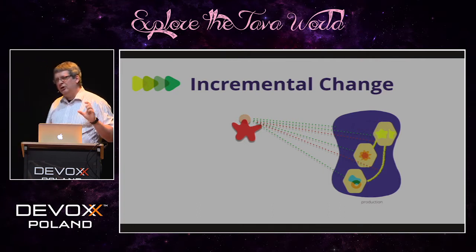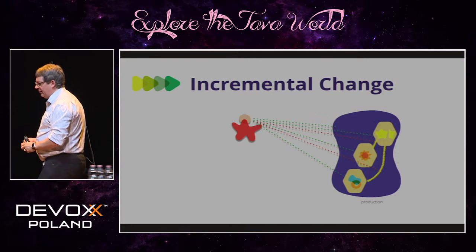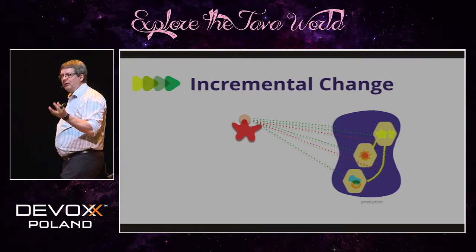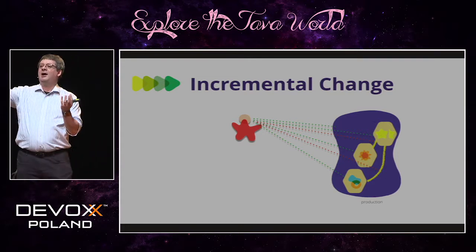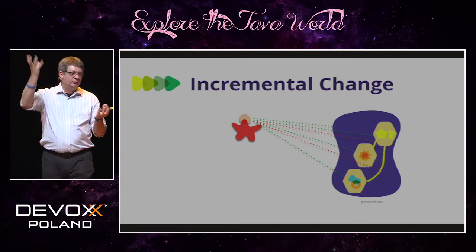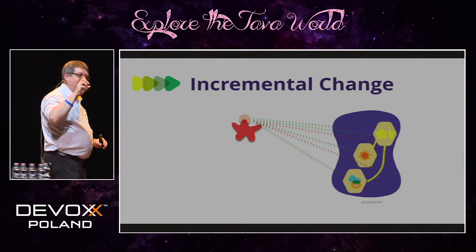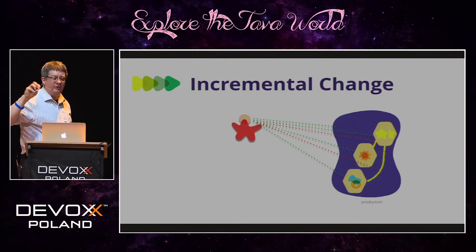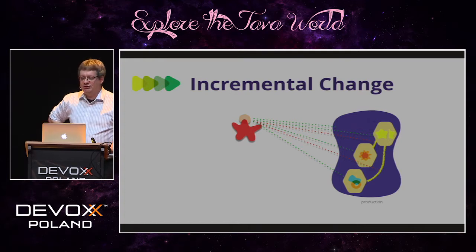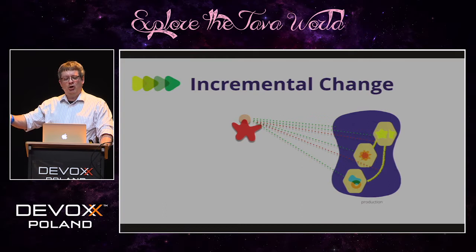So this is incremental change at the architectural level. Notice what I did here was I improved some functionality and put it live alongside the old functionality. I didn't force anyone to move to the new one. I just made it available, and people in their own time evolved to the new one because they wanted that new capability and those new characteristics. And then when the old one wasn't used anymore, we automatically garbage collected that away. This is incremental change at the architectural level.